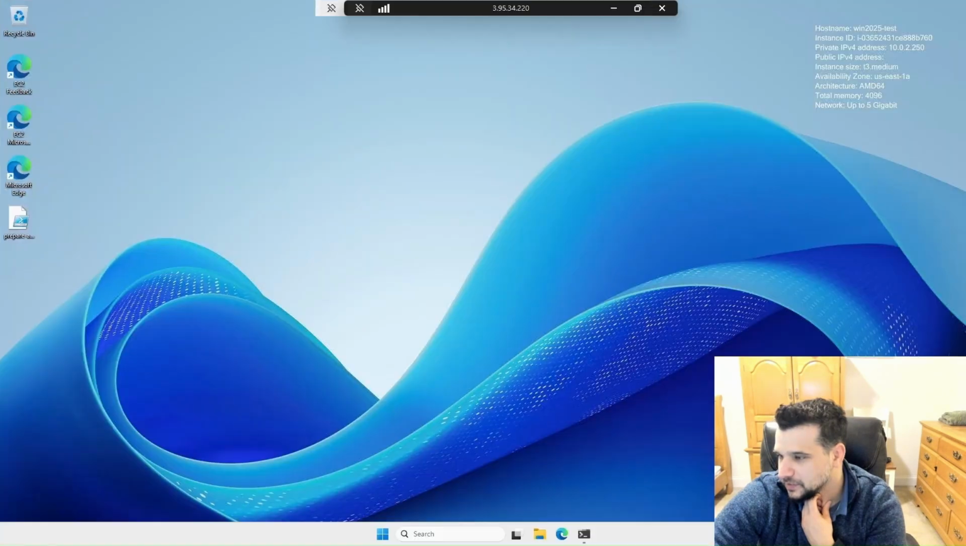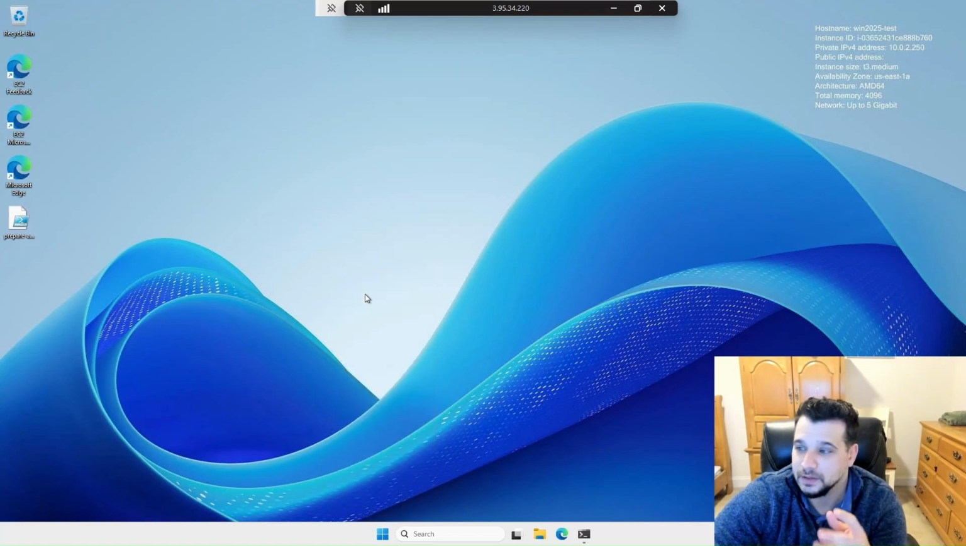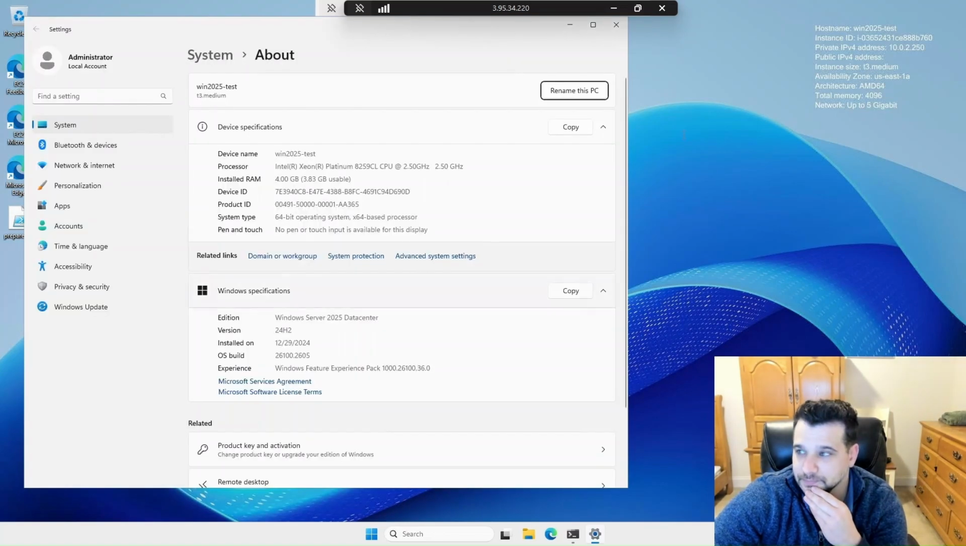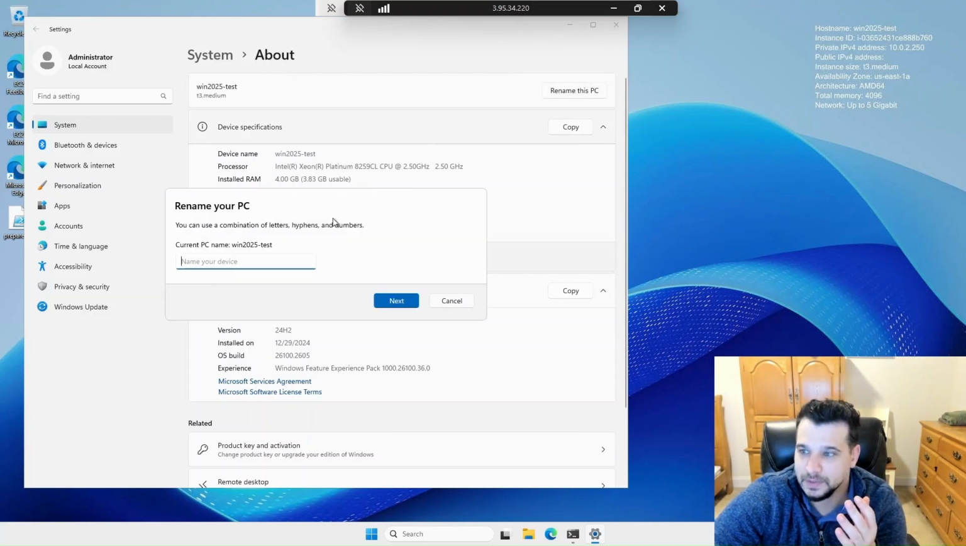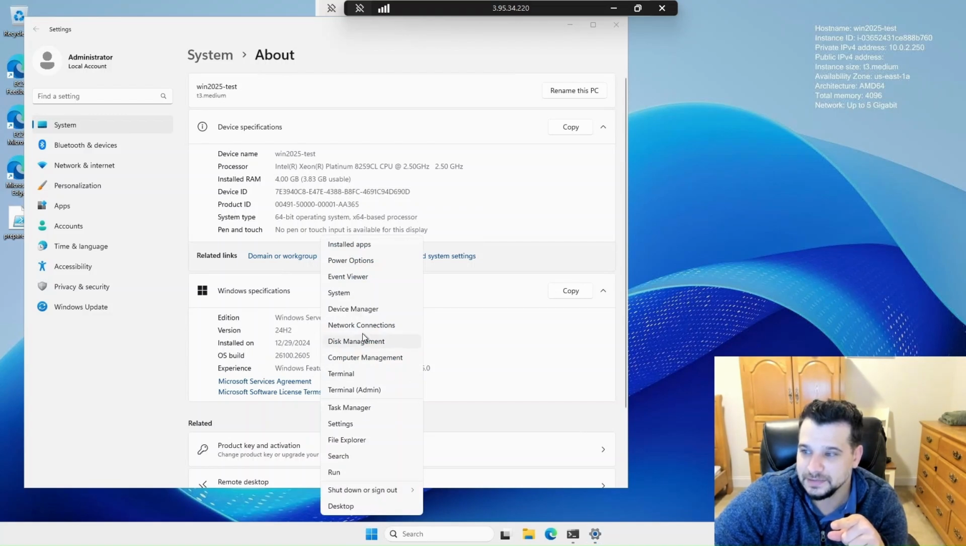if we were to manually go through the GUI, we'd look at the system, and if we wanted to rename the PC, we'd have to click this button to rename. So maybe we'll do Win 2025 Test 1 instead of Test. In fact, I think that's what it's named in AWS, so it should be Test 1, so we should do that as a rename. So that's the first step. Then we'll want to reboot. Then we'll want to go to Network Settings